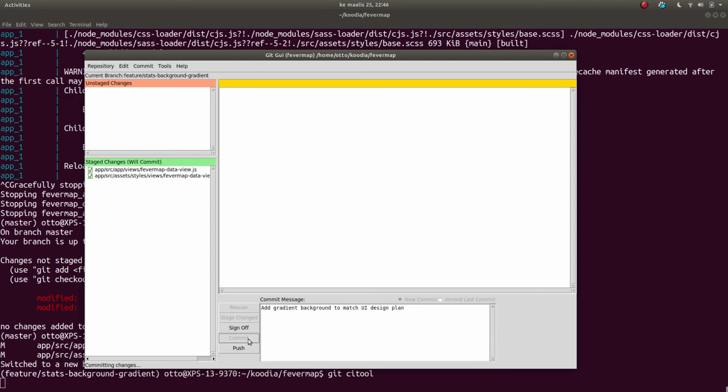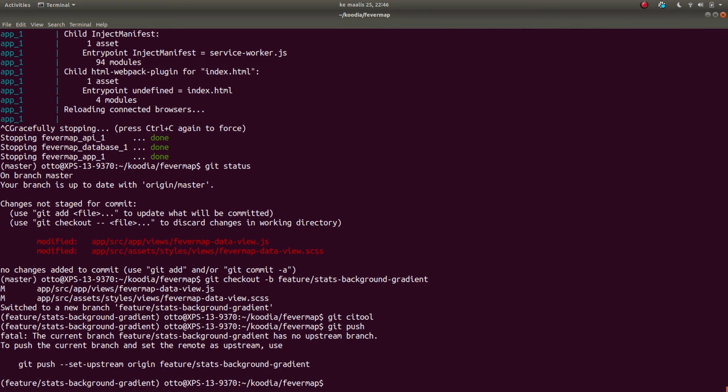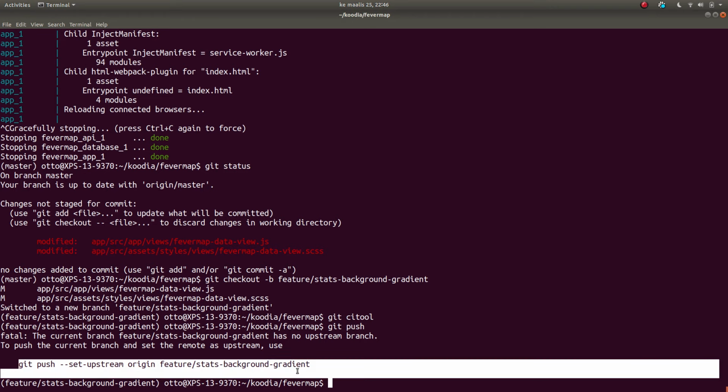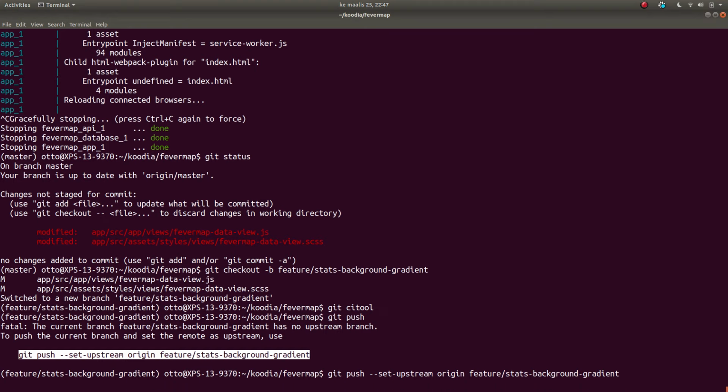Then I press commit here, and then I run git push to push this, and Git will notify me that I've never pushed this branch before, so I need to set an upstream, and I just copy paste what Git is telling me. Then I push,